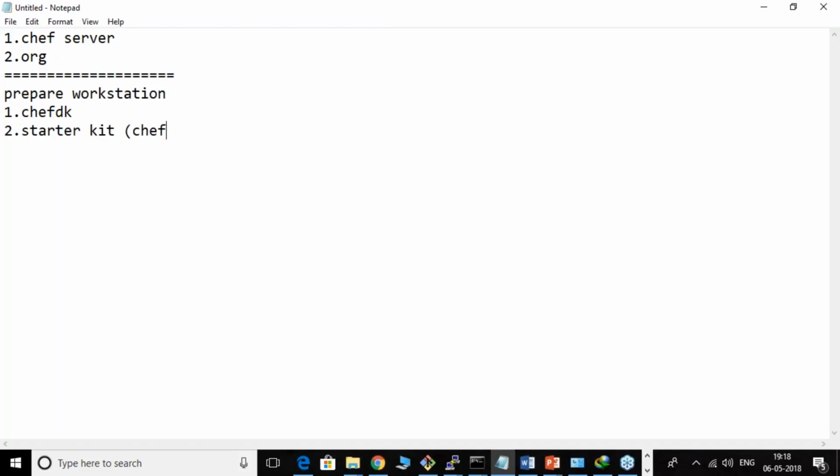The kit will contain a chef repo folder. The chef repo contains a .chef folder. In the .chef folder, it contains one file called knife.rb. That knife.rb is responsible for the connection. It maintains all the config on how to connect to your Chef server, the connection details. Once it is done,